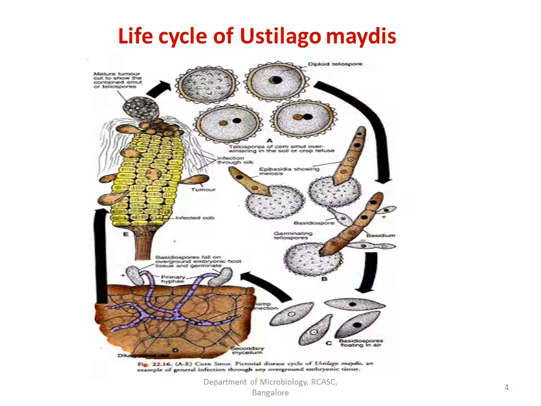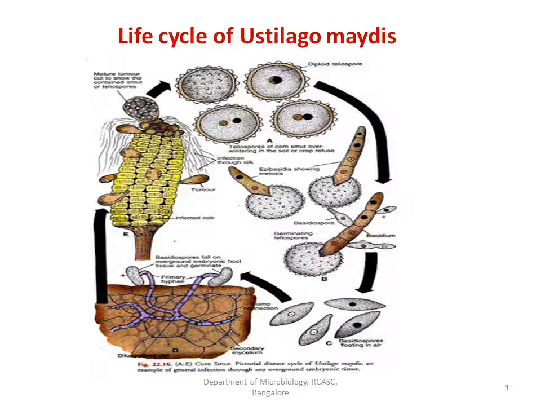These dikaryotic teleospores overwinter; they go into dormancy. Once favorable conditions set in, they undergo karyogamy followed by meiosis, the formation of epibasidium and the formation of basidiospores. These basidiospores, once they land on the proper host, produce a germ tube, and the germ tubes or primary hyphae of opposite strains undergo somatogamy, which leads to the formation of secondary mycelium, which is dikaryotic mycelium. This dikaryotic mycelium grows and later becomes transformed into the teleospore.